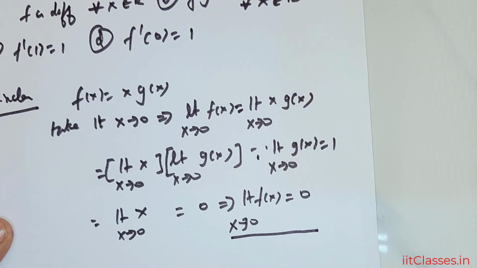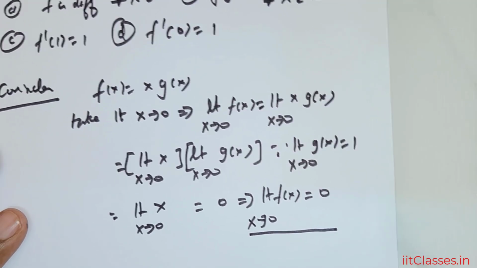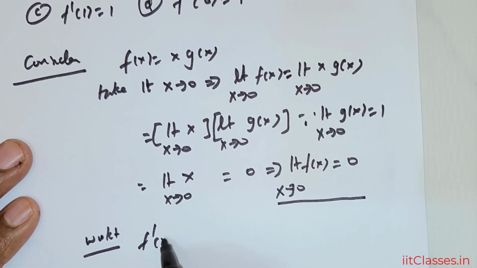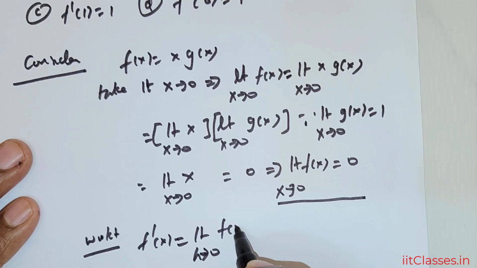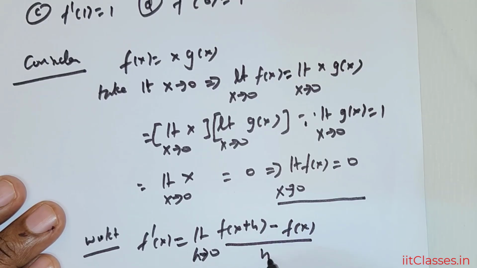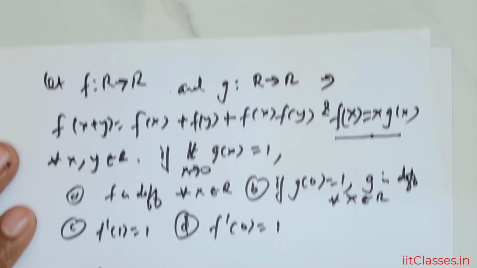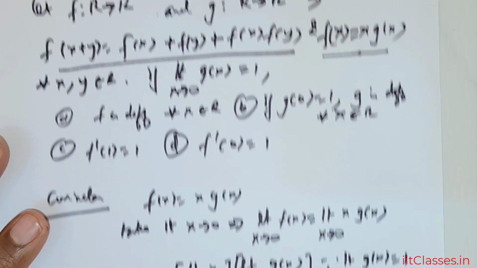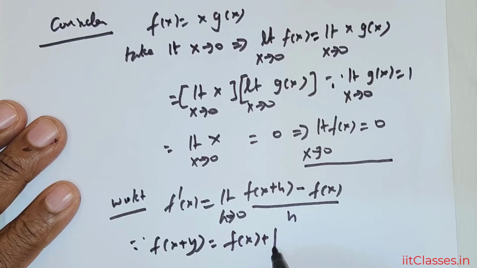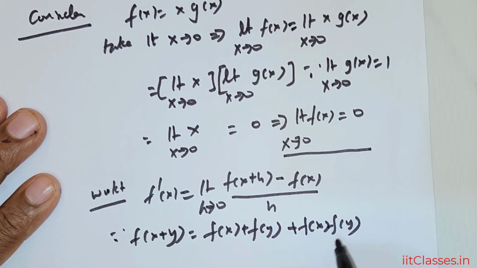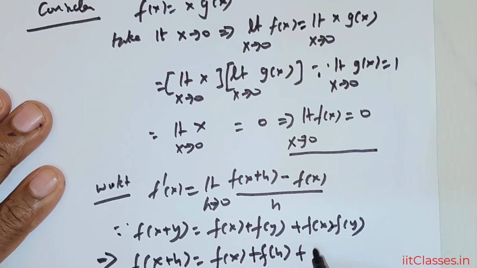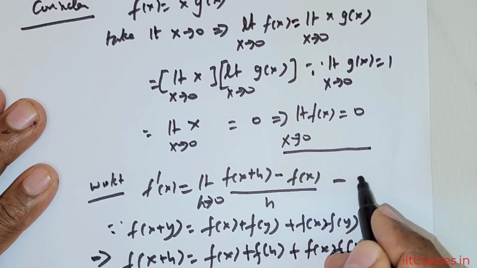So this is the first direction you will have to establish. Now, having got this, we will use the definition of differentiability. So we know that f'(x) is equal to the limit as h tends to 0 of f(x + h) minus f(x), divided by h. This is the definition. Now we have this f(x + y) is equal to this, right? So I'm going to utilize this. Since f(x + y) is equal to f(x) + f(y) + f(x)f(y), this would mean f(x + h) is equal to f(x) + f(h) + f(x)f(h). Substitute that. So if you were to take this as 2,